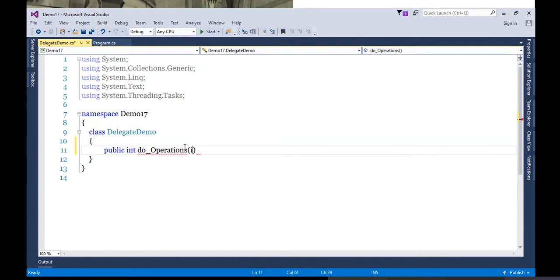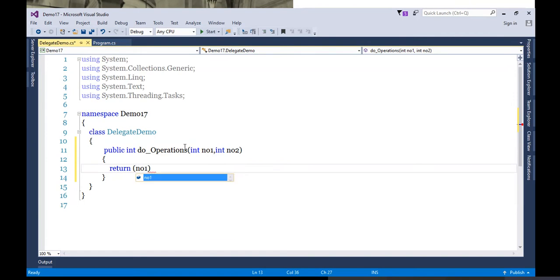Okay, we got 2 arguments here, number1 and number2, and simply will return some value from here, like return number1 * number1 + number2 * number2. This is the operation I've done there. So I'm keeping it same.